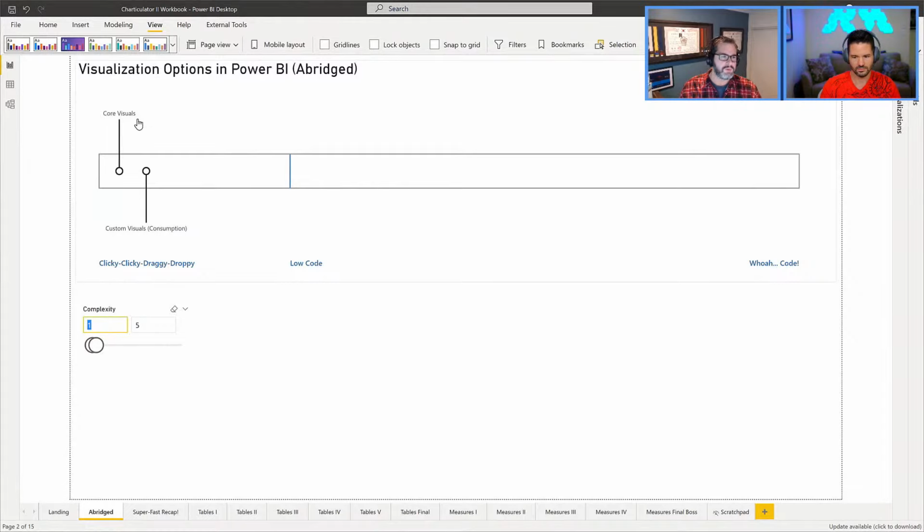So one of our options, if we exhaust the core visuals, is going to AppSource to look for custom visuals, or have someone develop a custom visual for us, or either way install one and cherry pick it. This is how we used to do things in Charticulator. We would build visuals in the tool, import them, and they're consumable within the report. Now we've got this visual. No, I've got to remember my percentages. Considering I rehearsed this is terrible. There you go. Charticulator falls just on the right side of the line where we're not having to write any code,